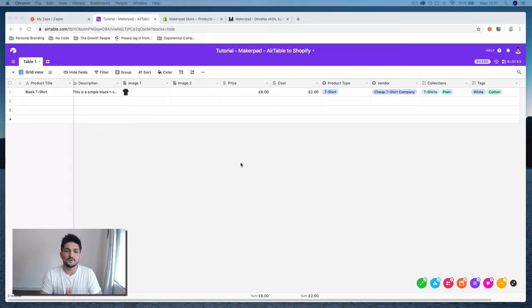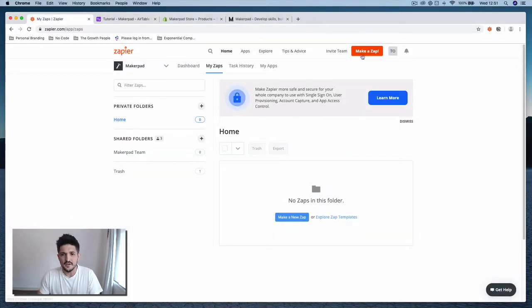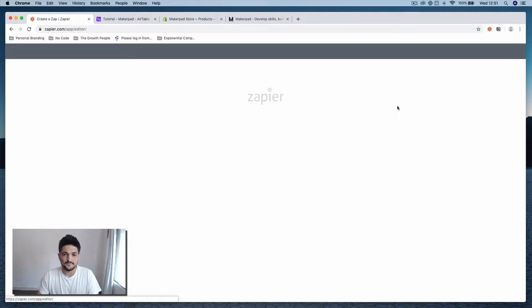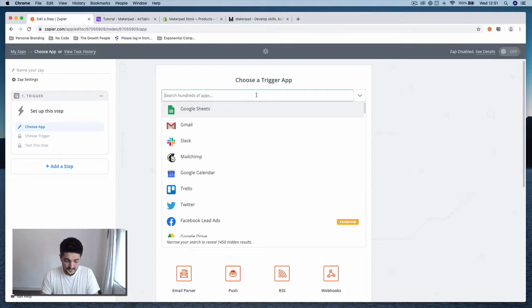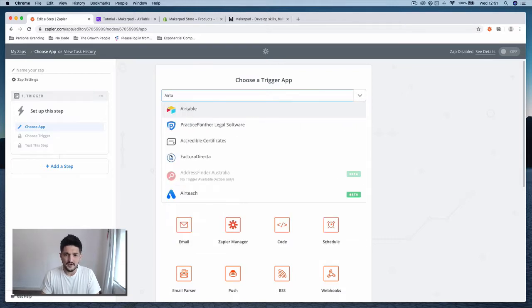For the next step, we're going to want to head over to Zapier and create the start of our Zap, which takes the info out of Airtable and then passes it into Shopify. So head over to Zapier to get things started, press make a Zap, and in here we're going to want to look for Airtable to start